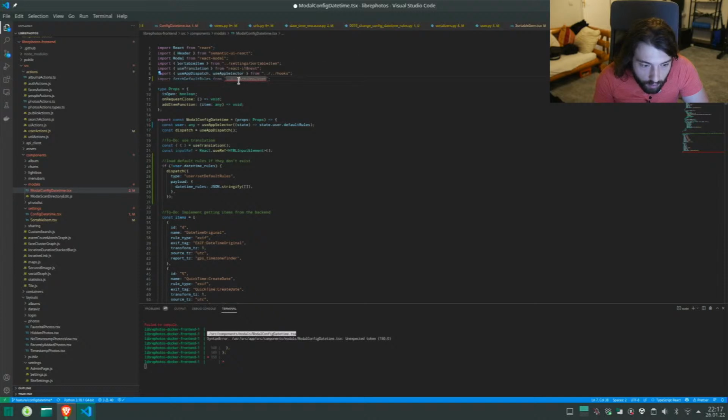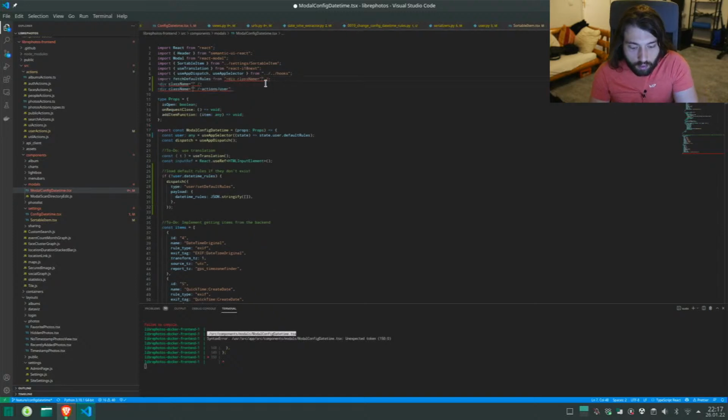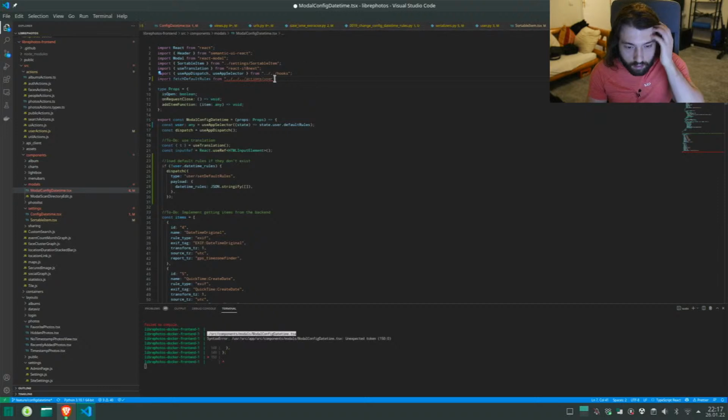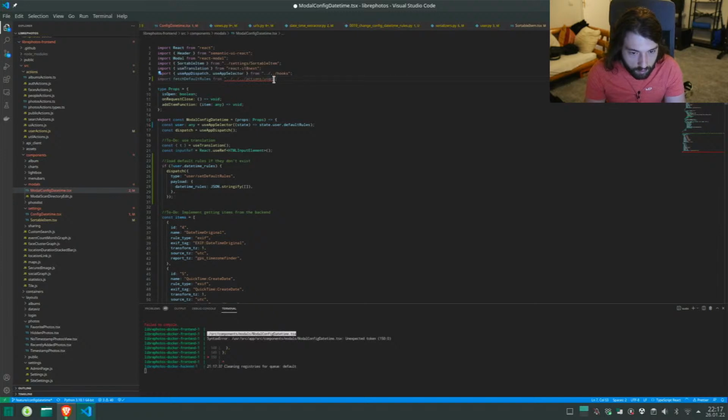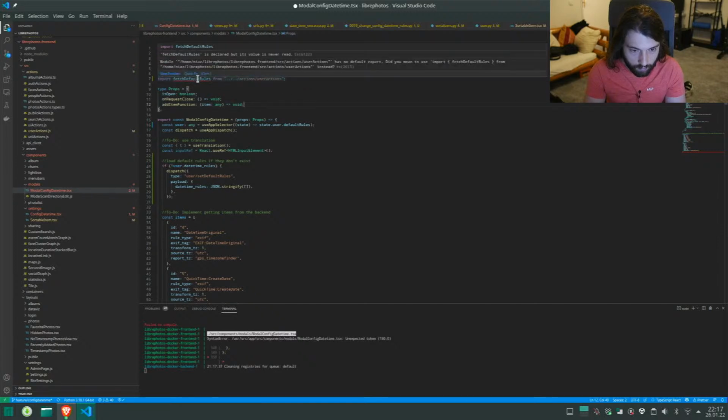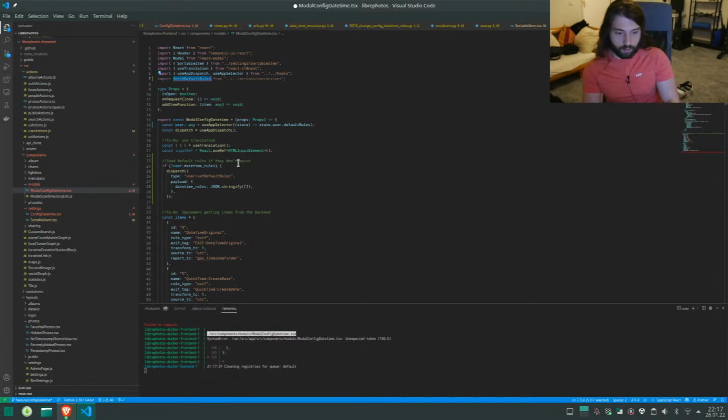Oh, okay. Like that. Oh, come on. Actions user, okay, that doesn't exist. So actions user actions, right? Okay, so, okay, so